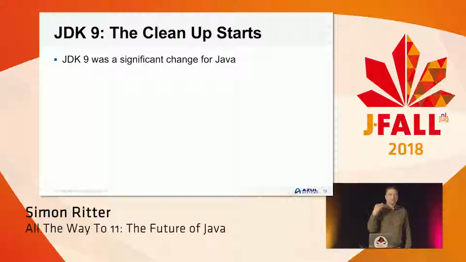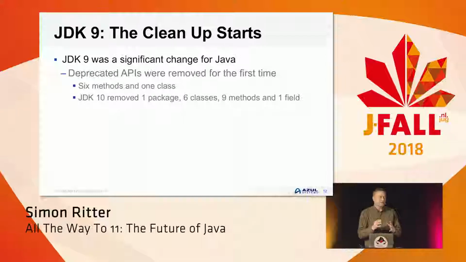So the developers said, right, JDK 9, we're moving to modules. We know we're going to cause some problems for people moving to JDK 9. So let's not make them worse, but let's at least put all the pain in one place. Over time, we have deprecated many APIs. In fact, there's about 450 deprecated elements in JDK 8. And so they said, in JDK 9, we will finally remove some of those elements. And that's what they did.